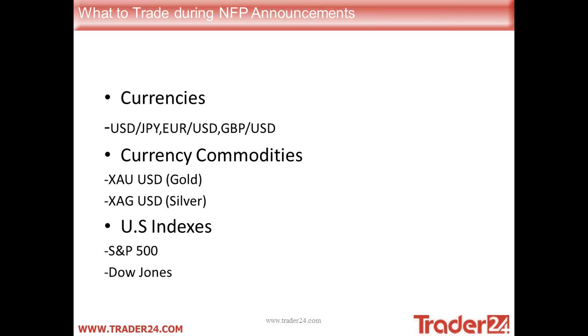If you wanted to trade any indices, the S&P 500 and the Dow Jones are linked to the dollar. So if it's a good result for the dollar, the Dow Jones is going to go up, and so forth with the S&P 500. If it's negative, you're probably going to see a bit of a downward movement. So these are the instruments that I recommend you guys keep an eye on. Obviously, for you local South African traders, I know how you love to stay close to home and trade the dollar ZAR. Bear in mind the spreads are pretty wide, but you can actually expect some movement with the dollar ZAR as well with the NFP.